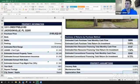It's a $180,000 purchase price, 4 beds, 2 baths. And the lease amount, the rent on this one is $1,300. We're going to get more to that in just a second. Property taxes and insurance are here as well. No HOA, and we of course take into account your property management fees. But this one, if I talk about the reasons why I love this one for you, it's in addition to a great return on investment, in addition to the neighborhoods that I've invested in for many, many years,